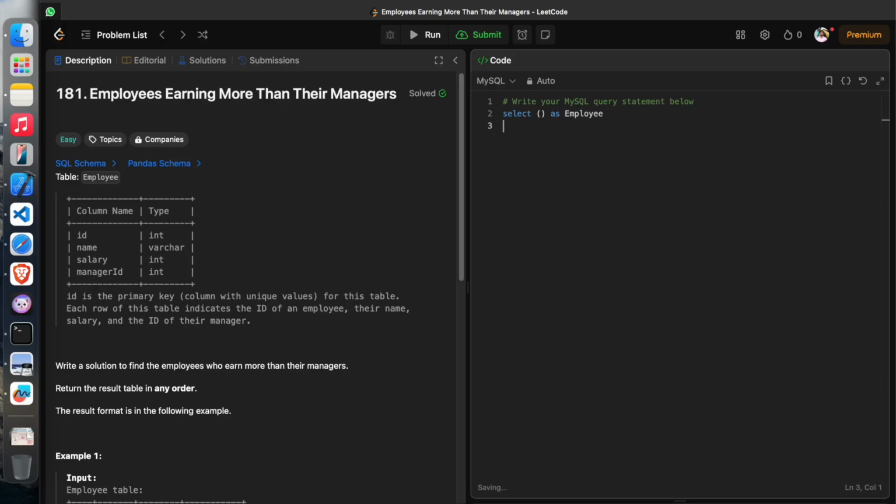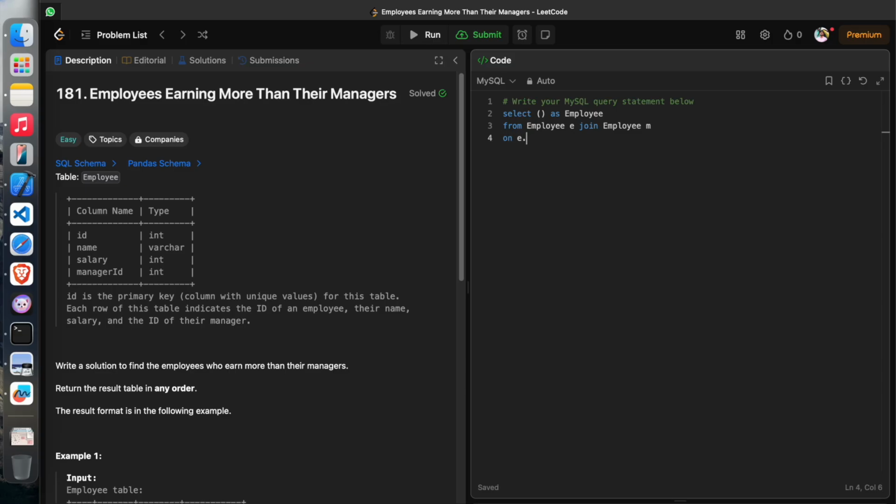From employee, let's say we name the first table as E, and we will join the same table with the name M on the condition